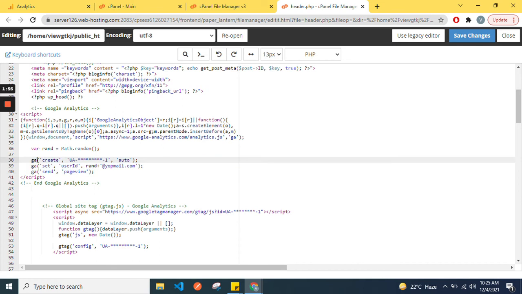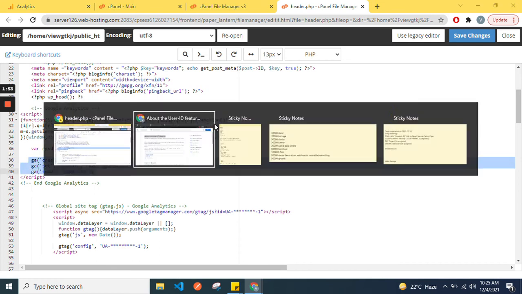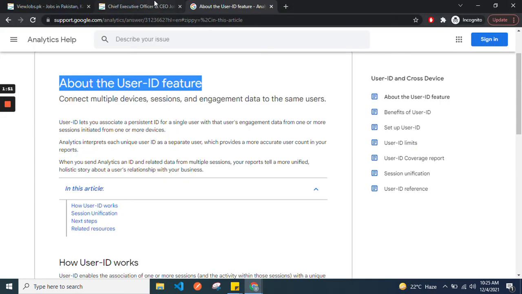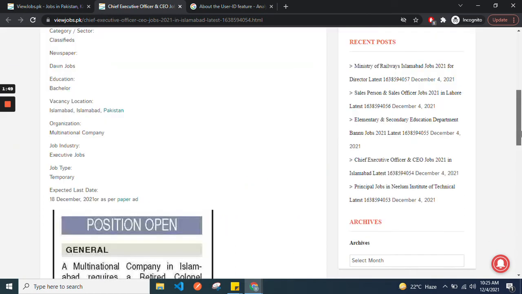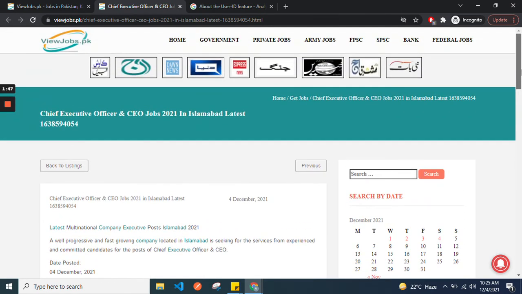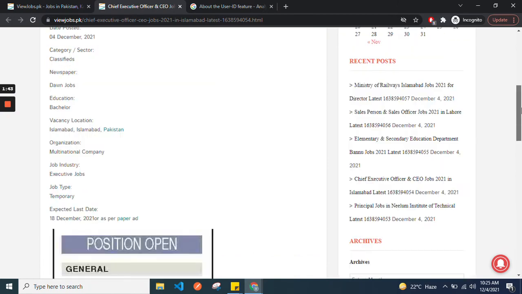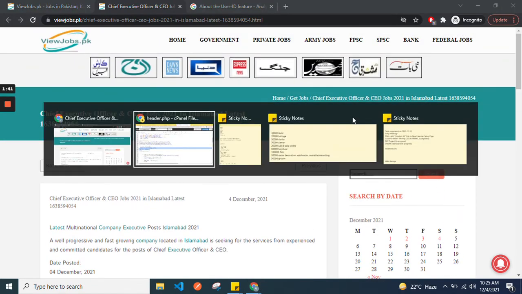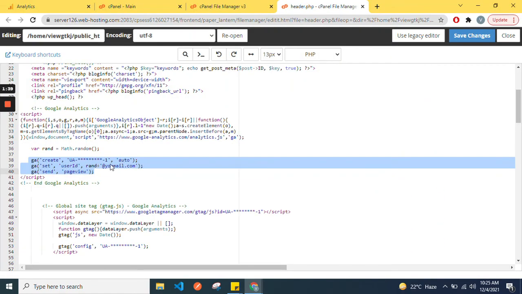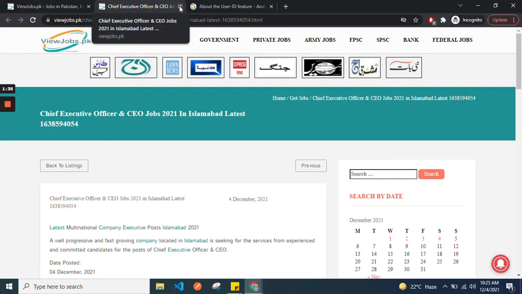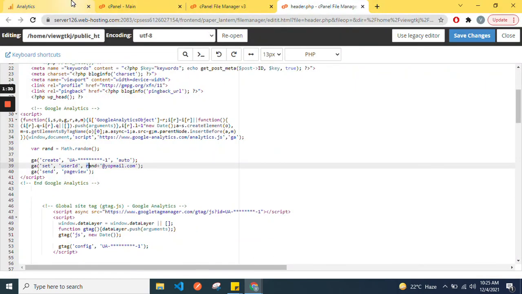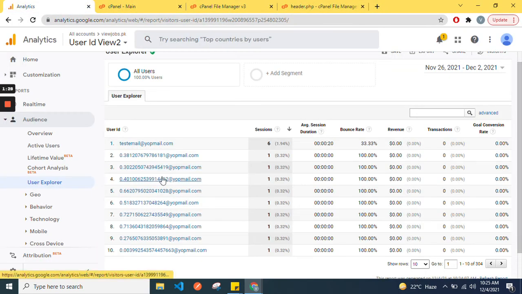So after this, whenever a user comes and goes to the pages, wherever he goes, wherever he visits your pages, each and everything would be tracked by that ID, that session. And when the user closes the session, the data would be presented in this form.